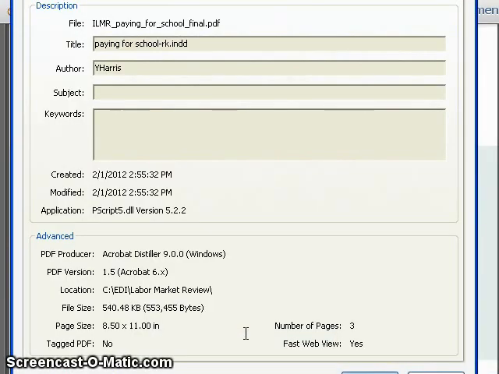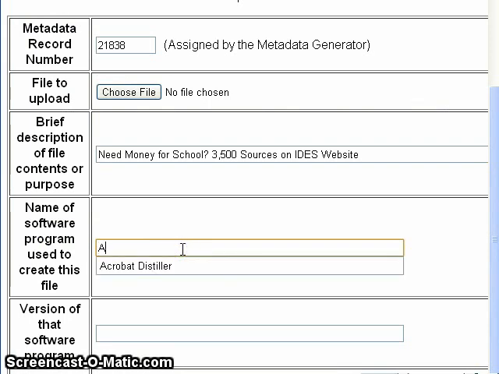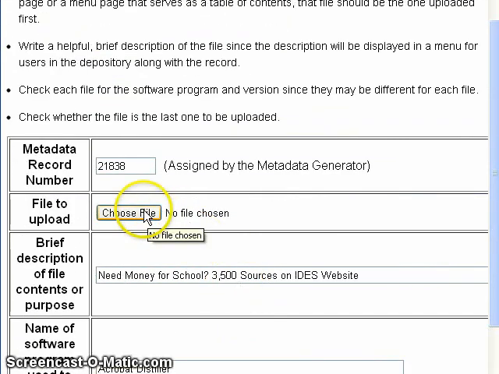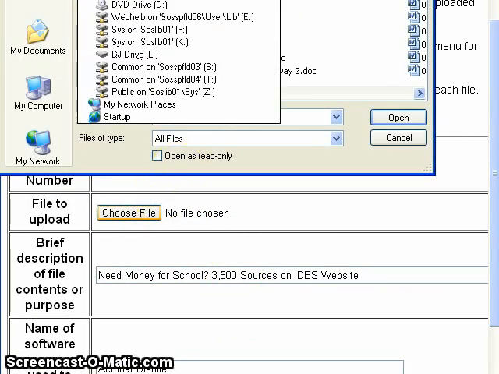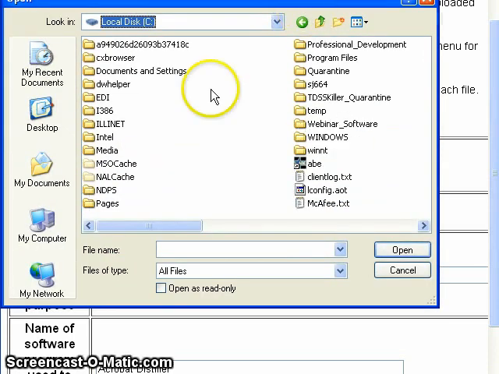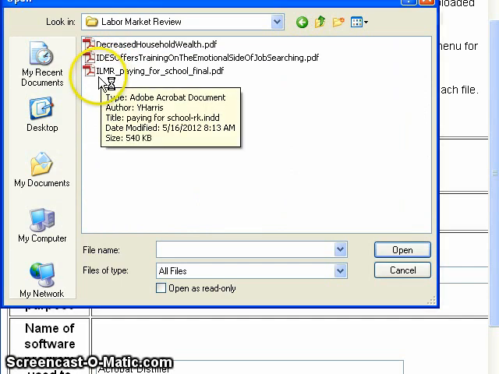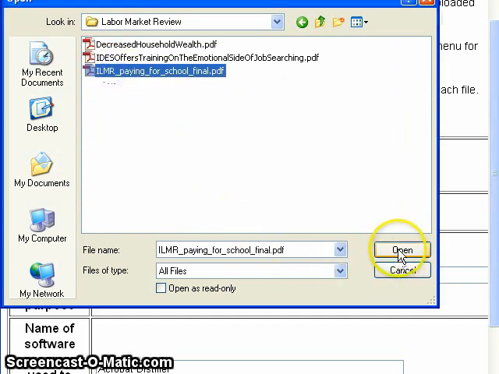I'm going to go back and check the properties. It's Acrobat Distiller, and the version is 9.0.0 Windows. So that's Acrobat Distiller 9.0.0 Windows. Just like it is in the document properties. I need to choose a file now. And the files are located on my C drive under EDI, Labor Market Review, and that's the one, Paying for School. I click Open,